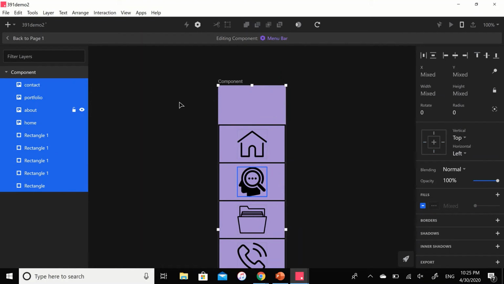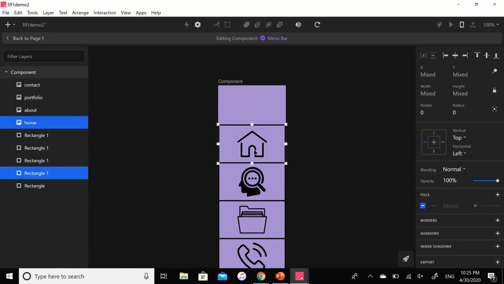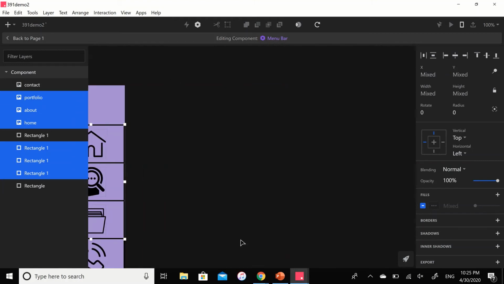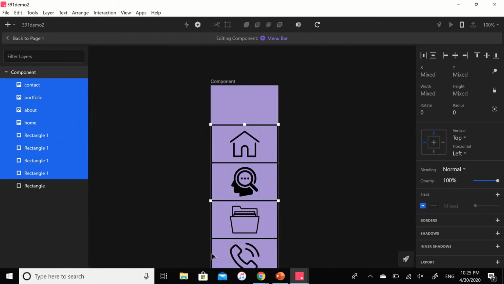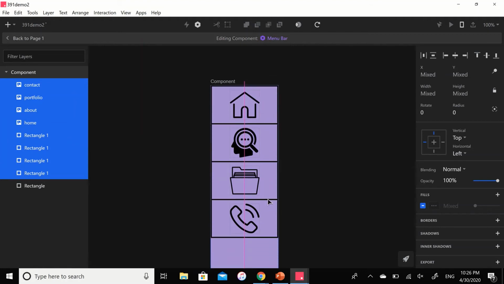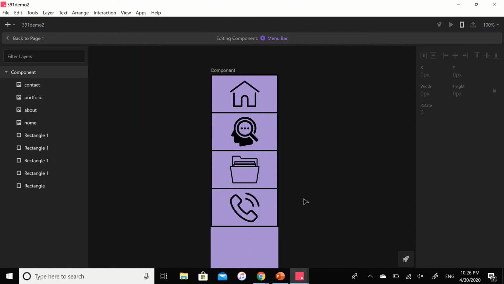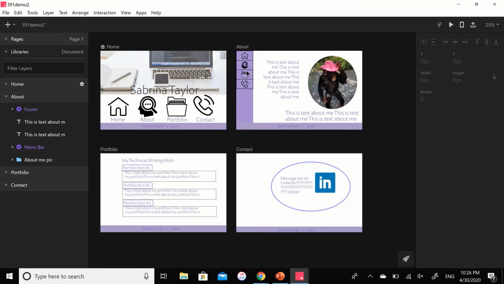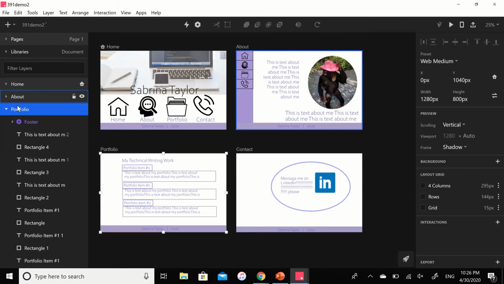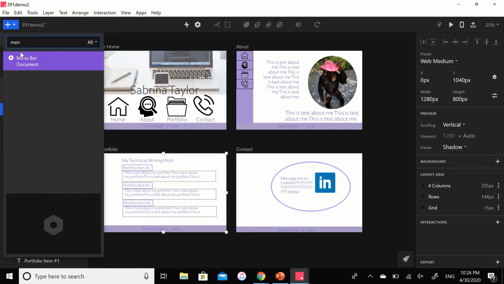So now that I've done that, I don't have to go ahead and save it or anything. It'll automatically assume it is done. And on the upper left-hand side, underneath that little element icon that we've been working with a lot, it says back to page 1. So click on that, and you'll see that the component is now a little purple object